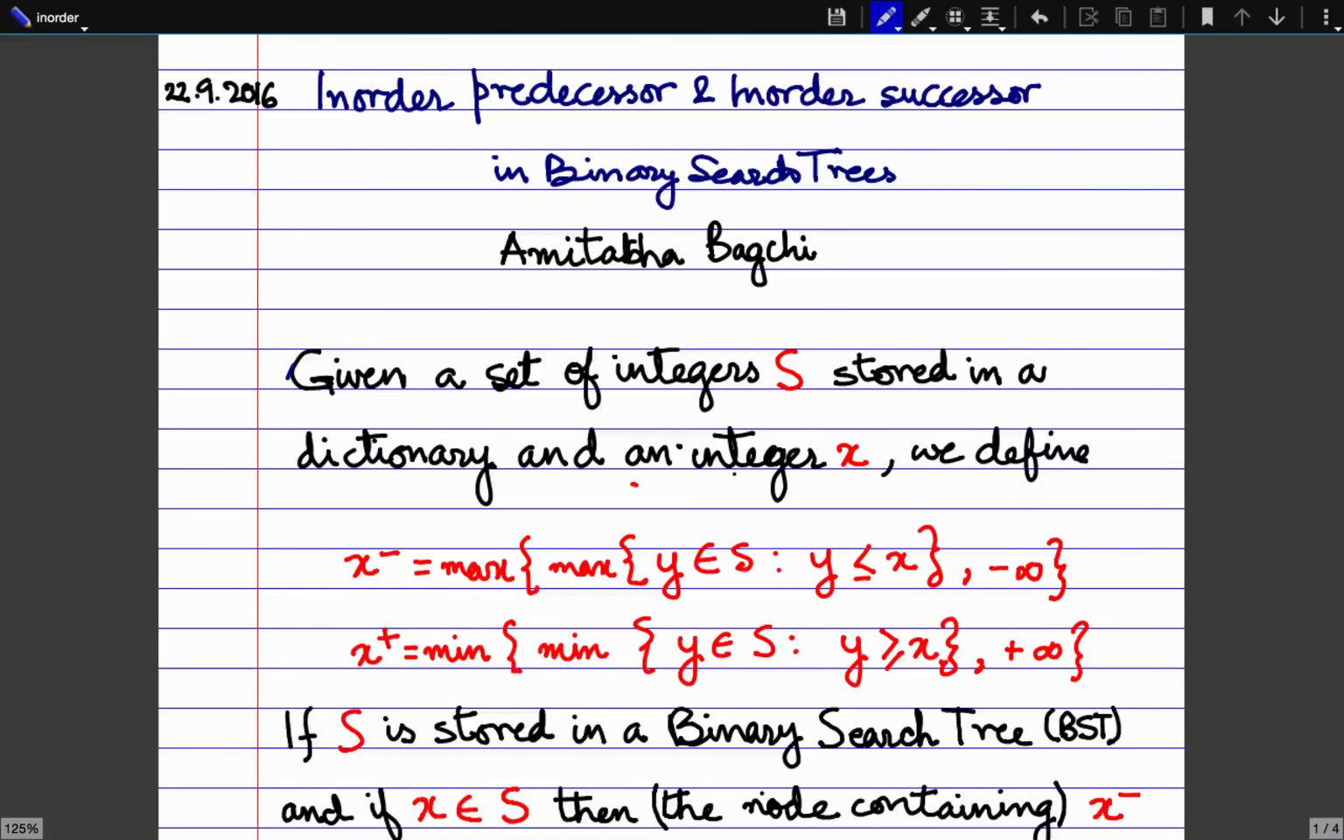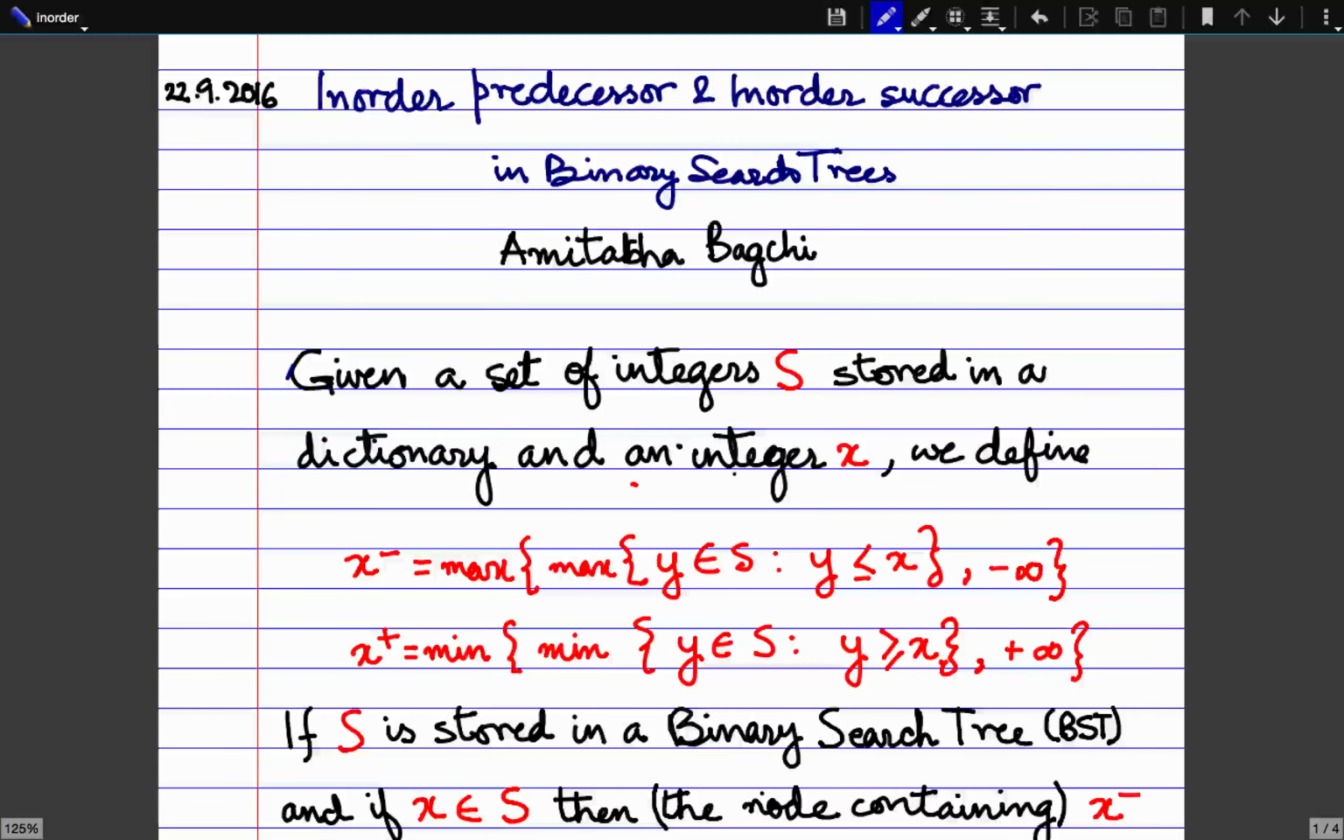So today we will look at in-order predecessor and in-order successor in binary search trees. Specifically, we will be looking at where these are to be found in a binary search tree. In order to understand what an in-order predecessor and an in-order successor are, let us first look at this slightly